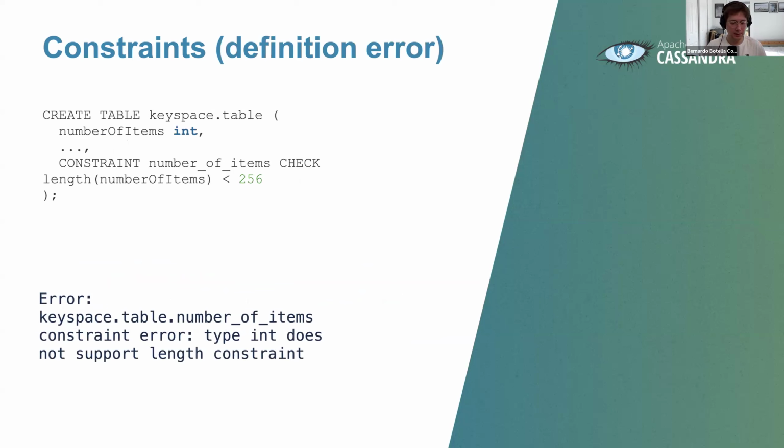All right. Another thing that comes with these definitions, and I will expand on potential errors later on as well, but this was pretty interesting. For example, what happens if you try to define a function inside the condition of the constraint? What happens if you try to define a function for a column type that is not suitable for that function? For example, this length is supposed to give you the length of a text-based column type. It doesn't make sense for an int or for a numeric type. So it just provides an error when you're trying to create a table. This is important for us to have valid constraints when we create tables with constraints.